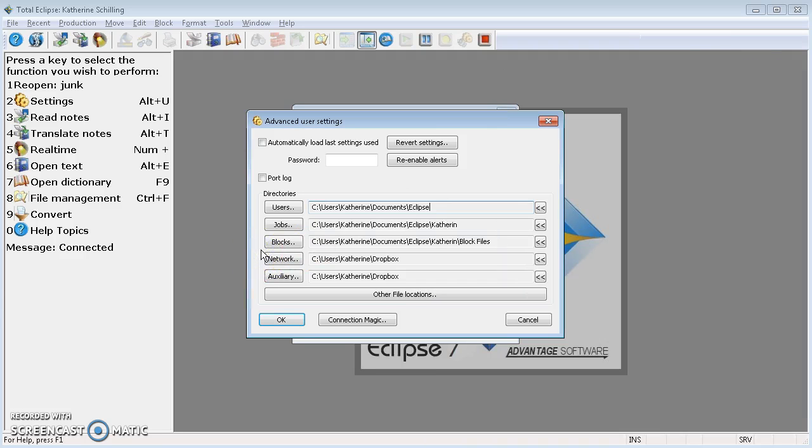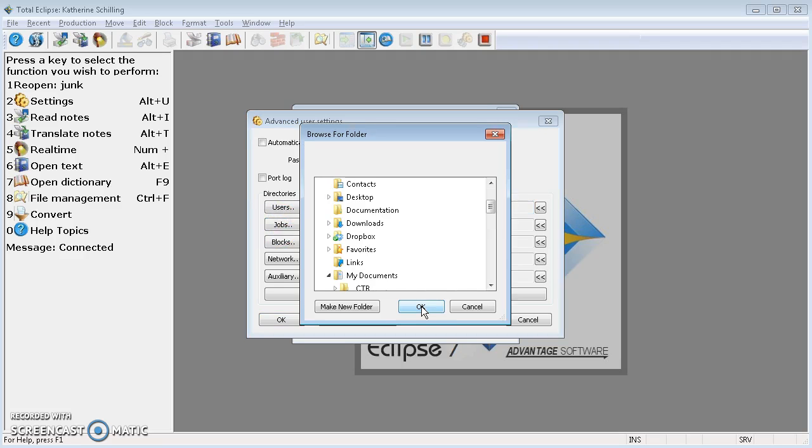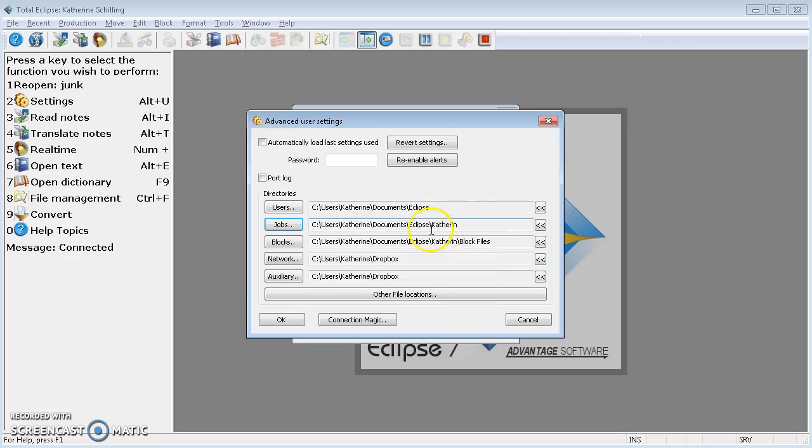If I ever wanted to change these, I would simply click on it. Let's say I don't want all the job files, all the files I create, to go in there. Let's see, where is it being saved? Scroll down to see what's automatically selected. What is selected is, as it was, Catherine. If I wanted to change that, I could simply visually look at this nice visual breakdown and click on something else. Maybe I want it to be saved somewhere inside of Catherine. If something is not already available, I can click on Make New Folder. A new folder will appear where I can name it. And when I select it and press OK, then this will change. And going forward, so long as I load this user, any, again, any is the user settings file,